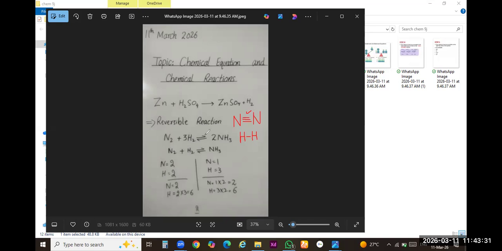So we can write it as N2 and H2. Clear? No need to write these numbers, these coefficients. We just write these coefficients to balance the chemical equation. First thing, keep it in your mind, whenever you want to balance the chemical equation, just write down their molecules as it is. No need to write their coefficient first of all. Drop the coefficients. I will write the simple equation. Nitrogen reacts with hydrogen, it will produce ammonia gas.